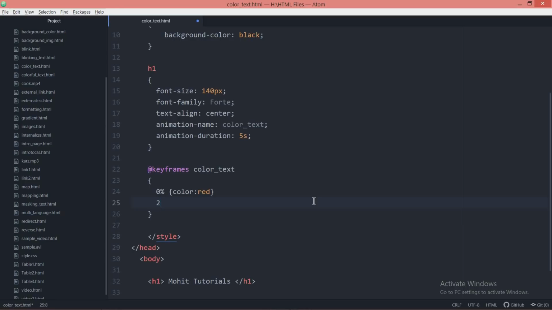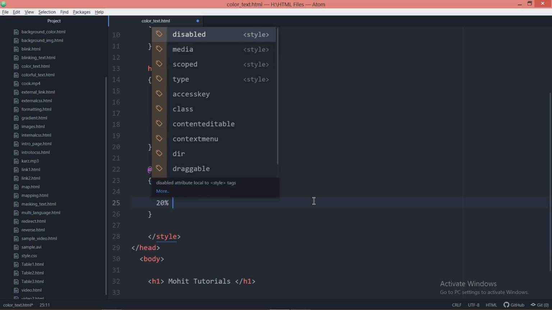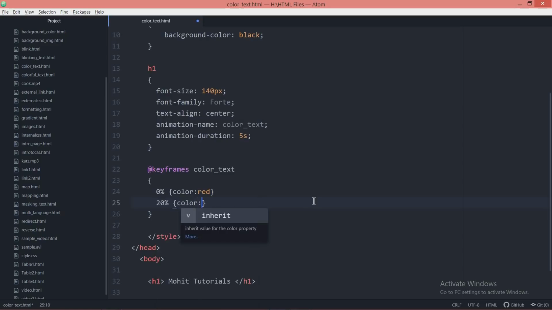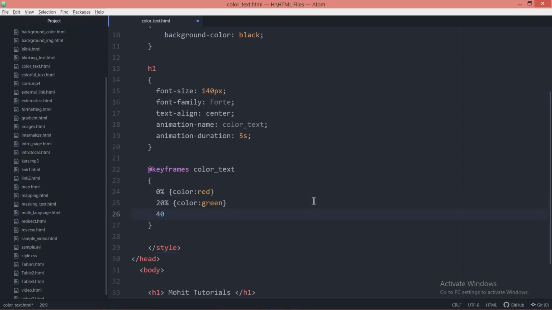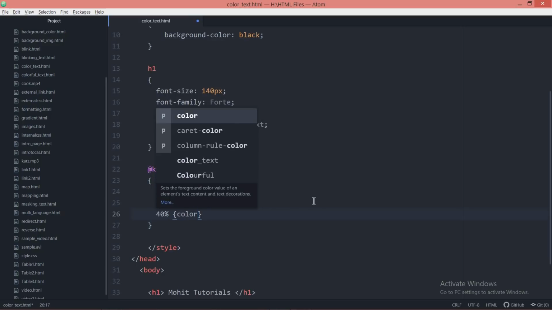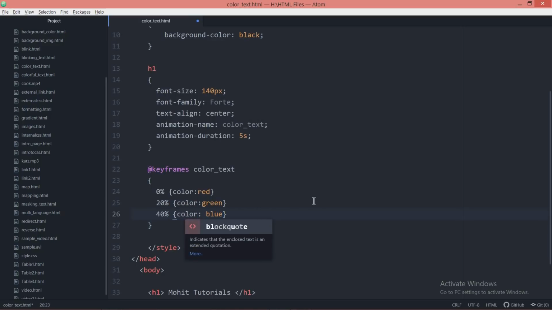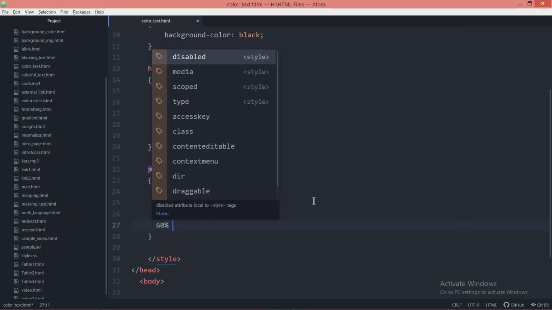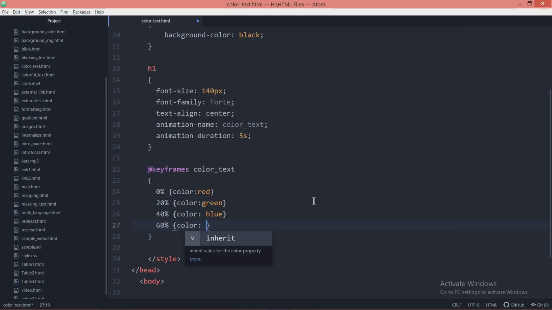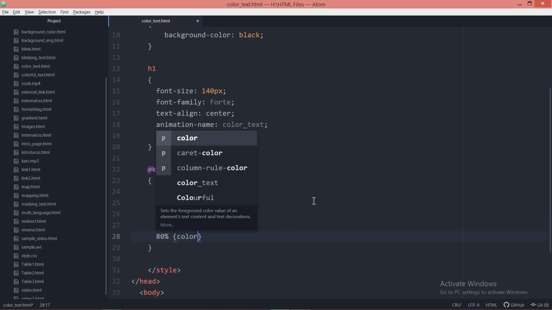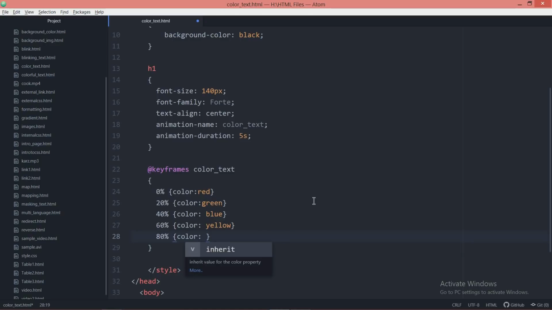I say at 20%, I set the color to green. Then at 40%, let it be blue, and at 60%, let it be yellow. At 80%, let it be purple.